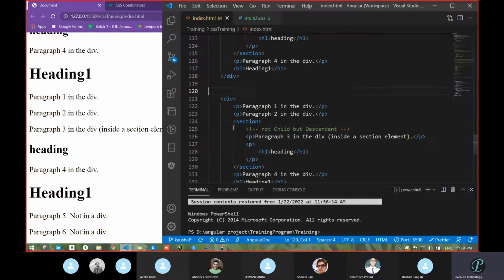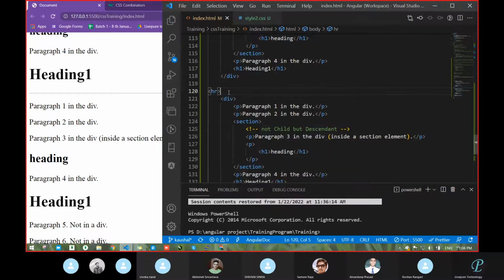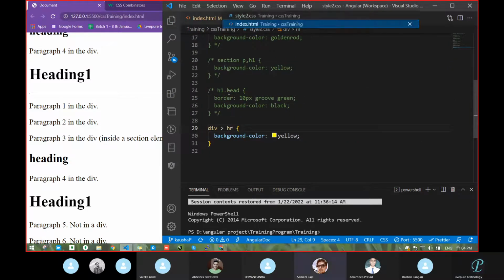So whatever HR will be there, it will get affected. But how will you realize this HR? Because this is a horizontal line. It's not possible. If you make any background color with HR also, then also not. But one thing will get affected, whatever HR will be. But where should this HR be available?